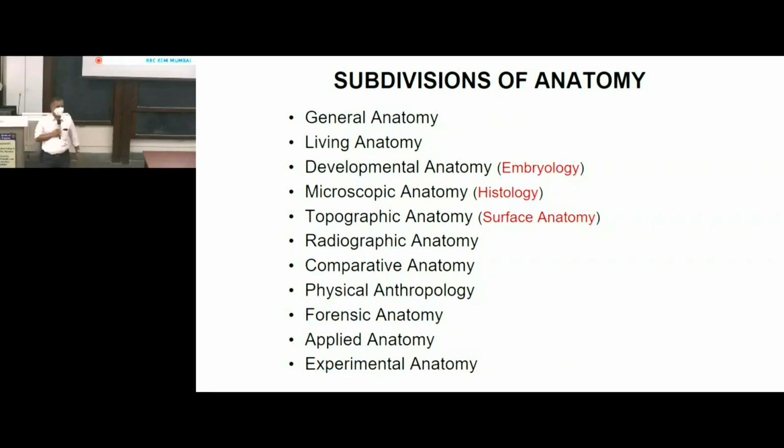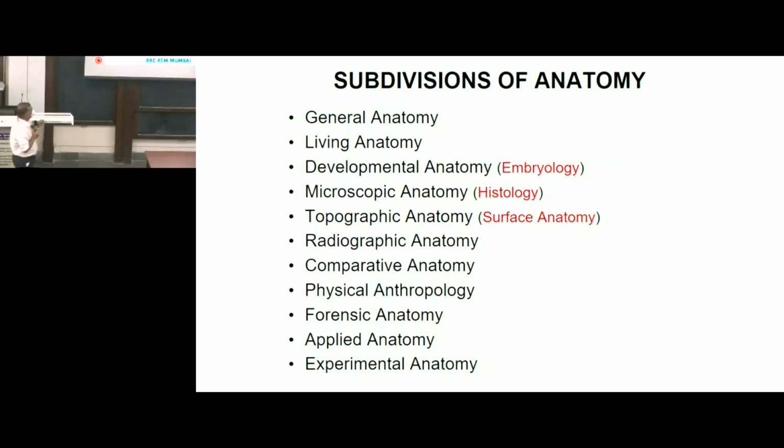So therefore, topographic anatomy can be learned on cadavers also. Therefore, it's a separate thing that is there. Topographic anatomy can be learned on a mummified body also. Okay. So therefore, a separate subdivision. It used to be learned that way for years together, and still it is being learned. But what you will be learning is surface and living anatomy together. Some on the cadavers, before you dissect, you first learn the surface anatomy of the given part, then you start dissecting.